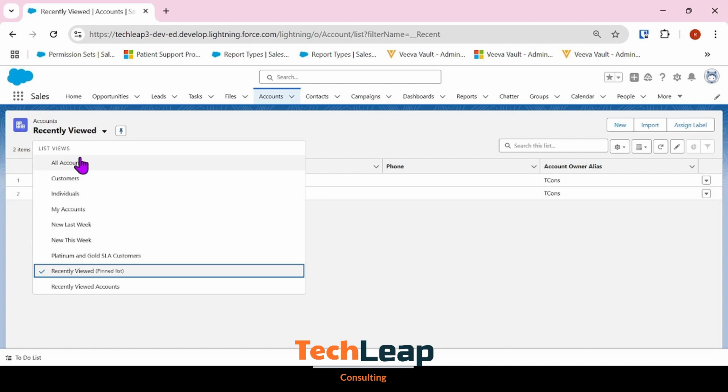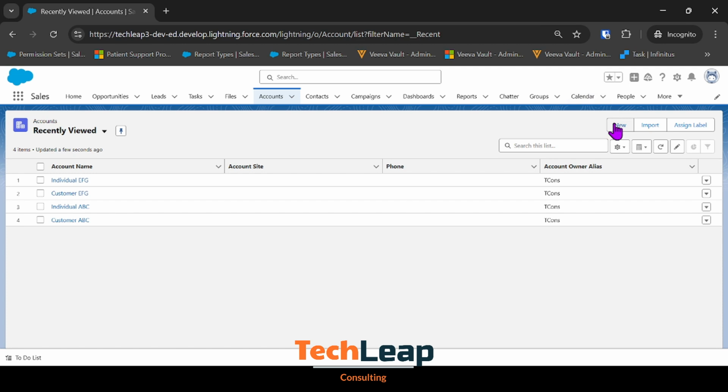In the previous video, we looked at creating record types and editing the pick list values for specific record types of customers and individual record types. So let us continue our journey and look at how we can have specific page layouts for the record types